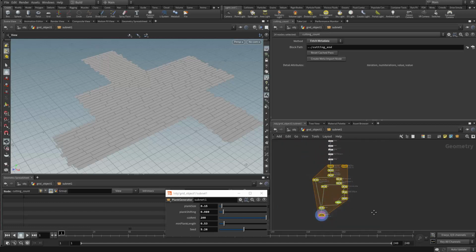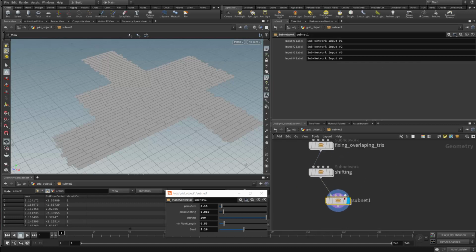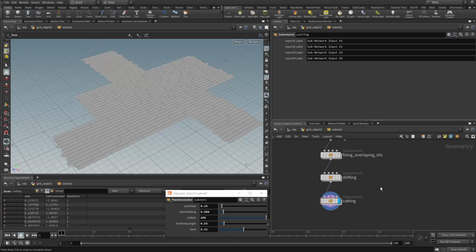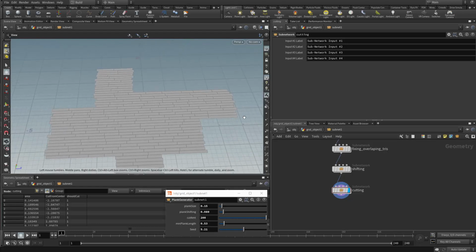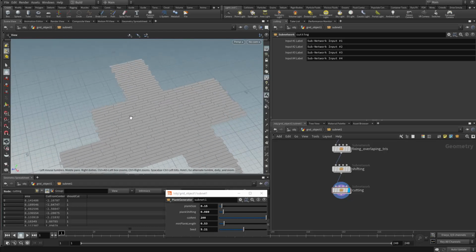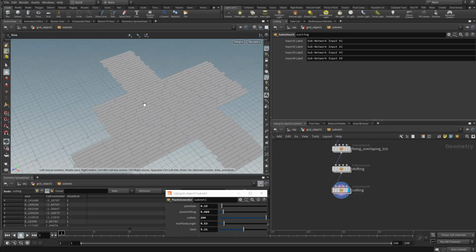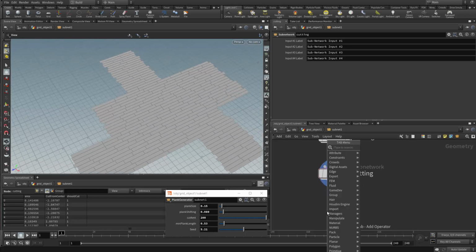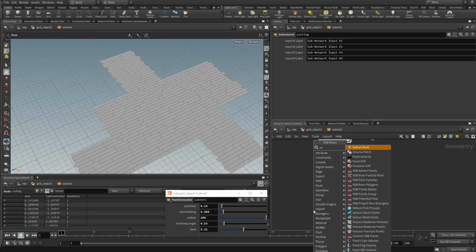We can grab all these guys now and then create another subnet, and this is going to be called cutting. Okay, alright, cool. So after the cutting, the next step I think will be let's get rid of some of the things to make like a broken result. Like we could chop off some of the planks. To do that, we can pass it through actually a VOP network,